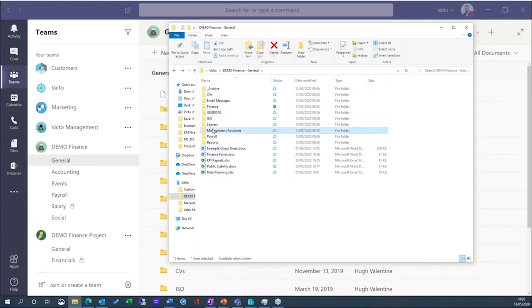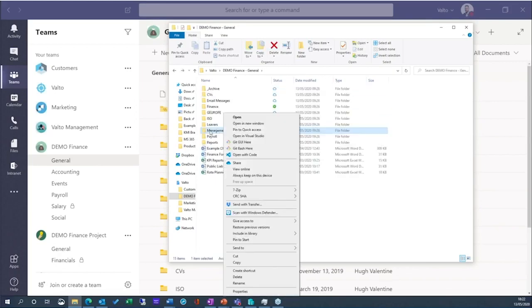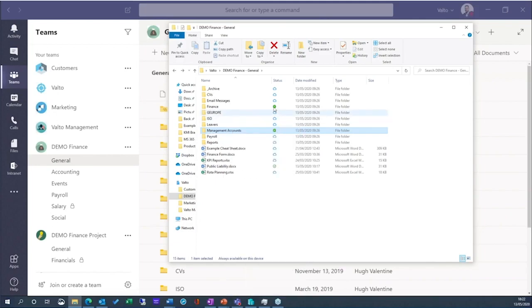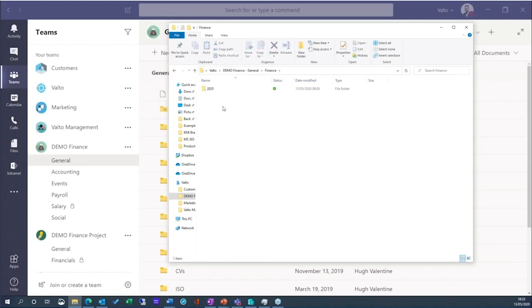If I use files a lot, so I might say I need this management accounts folder, I can right click on it and I can choose always keep on this device. So that'll turn to a dark green tick like this finance folder has. And that basically means it's now synchronizing a copy on my PC. So if I was traveling on a train or out and about at a customer's, or perhaps I'm working at home and I have a really poor internet connection, I'm able to take a copy of those files and work on them and make changes, and any changes are then synchronized automatically into the